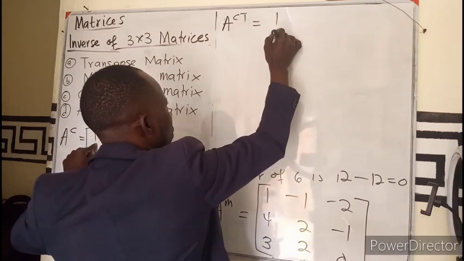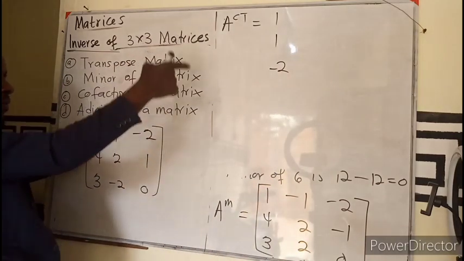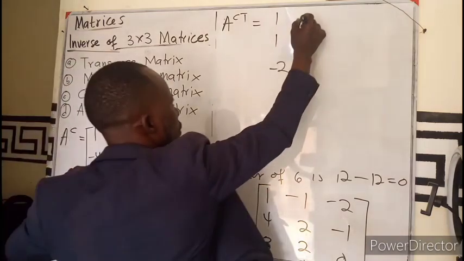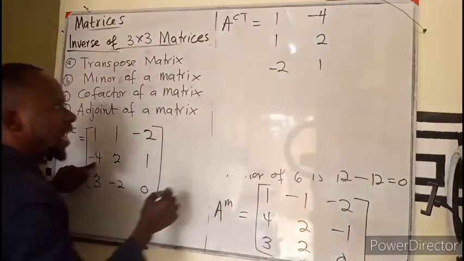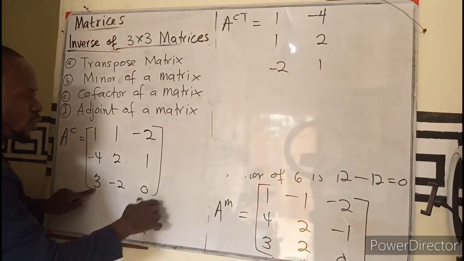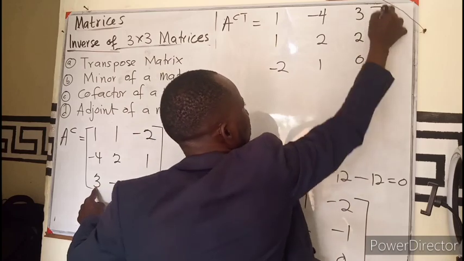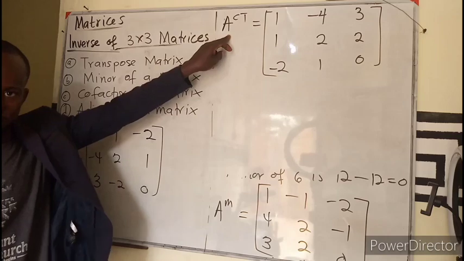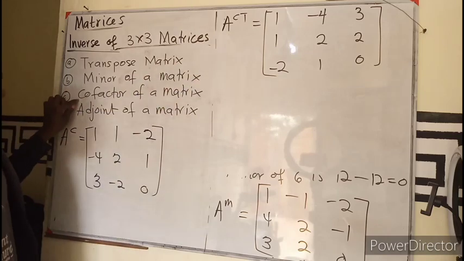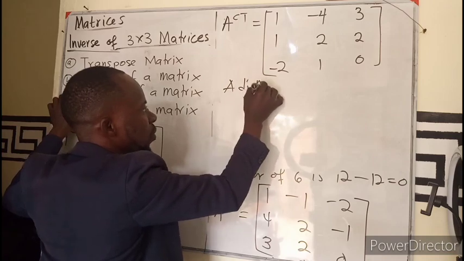So 1, 1, minus 2, the first row become the first column, the second row become the second column, and the third row become. So this is the transpose of the cofactor,